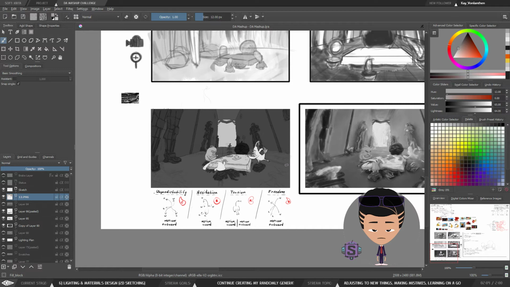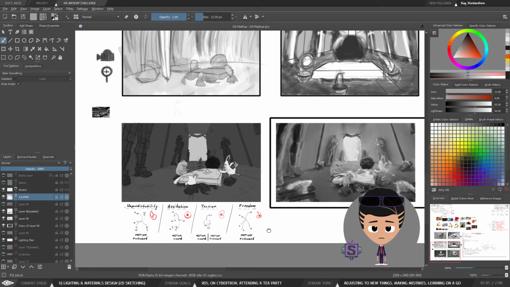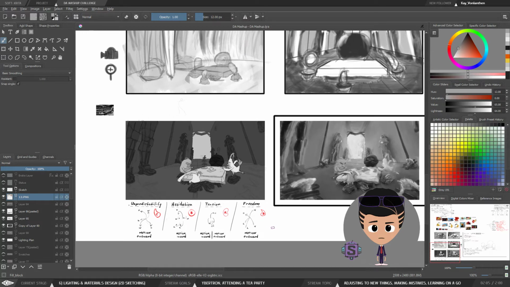a 5 value scale and use these full values or this 5 value scale to actually create the same thing, instead I used a full range scale to do this. That way I established almost every local value for almost every subject in my scene, which will make my job easier. Because now I know